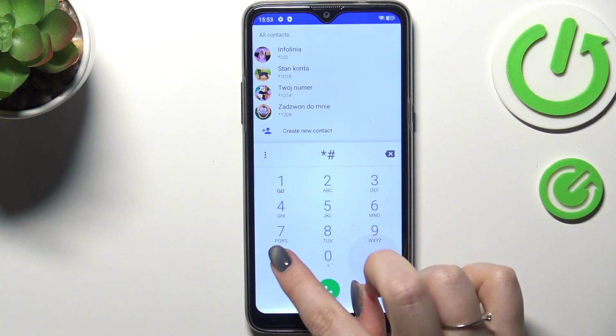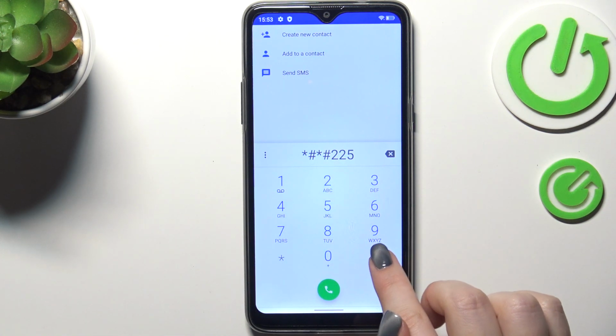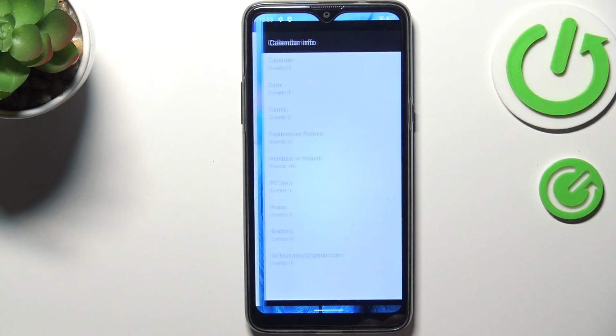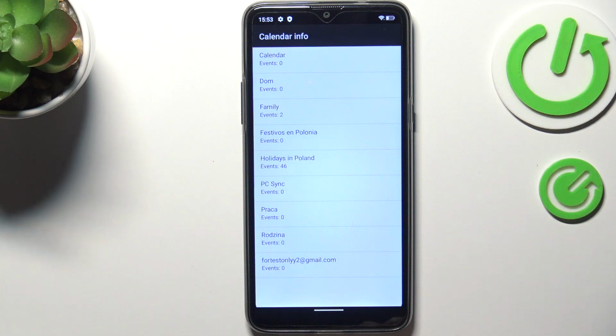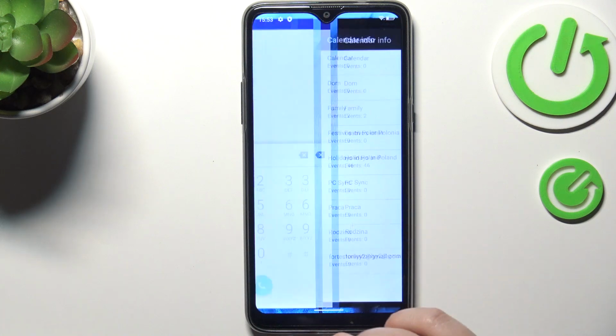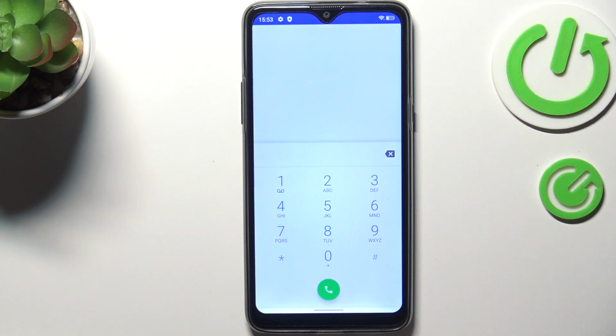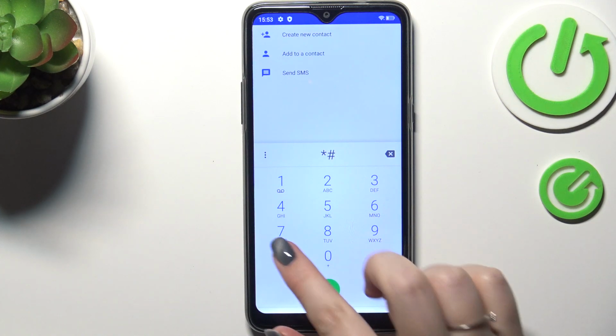It is *#225#*##*#. And here we are in the calendar info, so we've got all events gathered in one place. We can check some family events, some holidays in your country should also appear right here, or events attached to your mail. So this is the best place to check the events, because here they're grouped into particular sections so you can count them. Let's go back and let me show you another code, which is